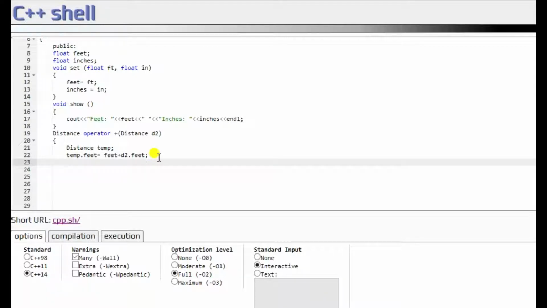And inches is something similar. So the inches class field under temp equals the class field under the current object plus the class field under the given object d2. So